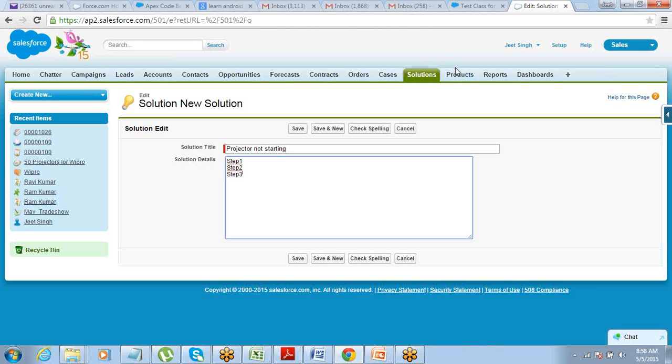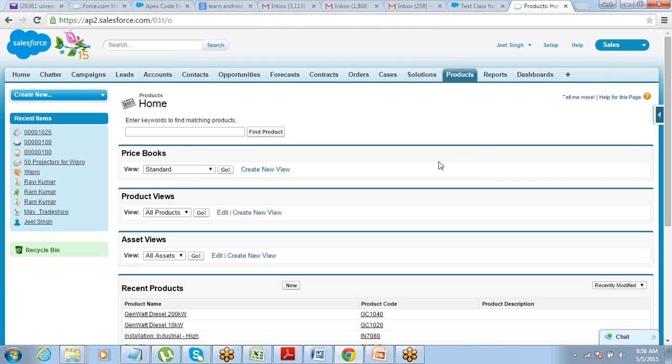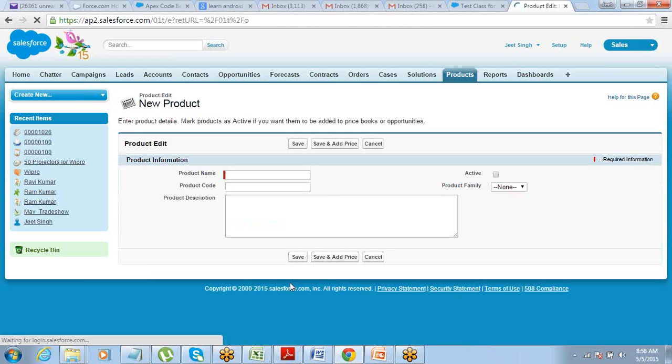Then there is this products table. Okay, in the products table, you have to track all your products. So this is just a table where you track all your products. So if you have different types of projectors, or different types of other electronics goods which you are selling, then that goes into the products table. All right,